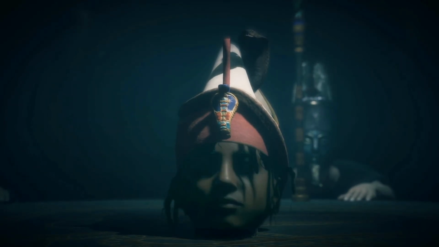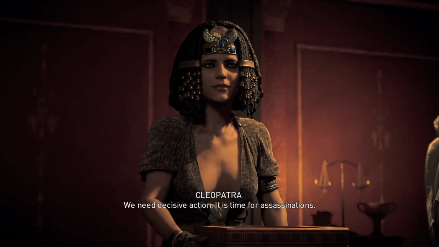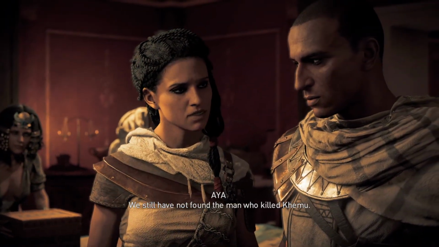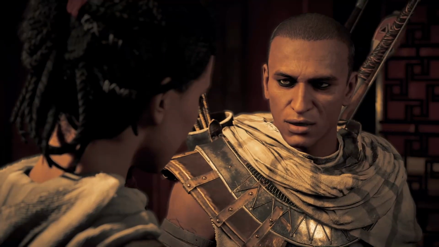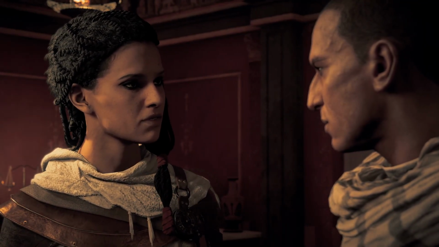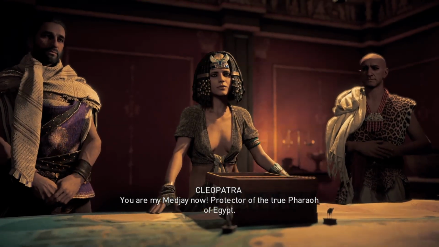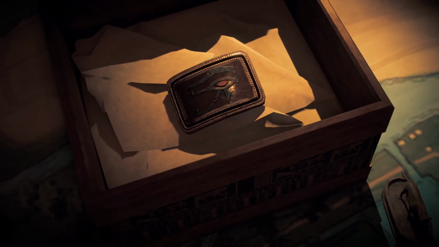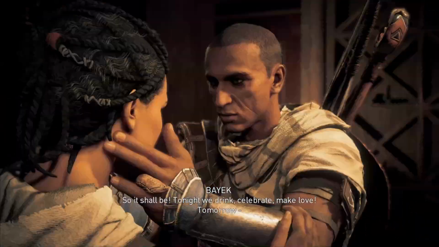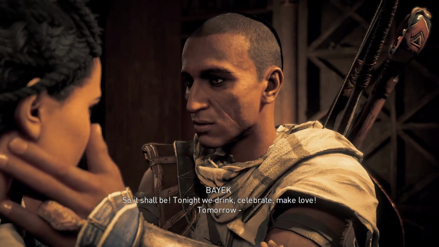Well, let us be the assassins that we are. We need decisive action. It is time for assassinations. We still have not found the man who killed Khemu. Our son Shed will weep with joy when we clear the map of those figures. You are my Magi now. Protector of the true Pharaoh of Egypt. So it shall be. Tonight, we drink, celebrate, make love. Tomorrow,